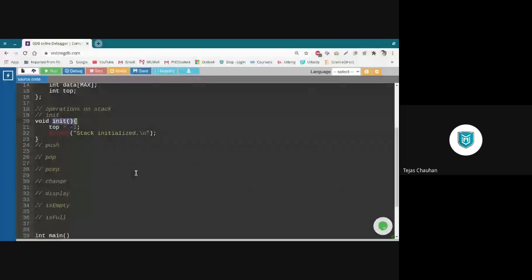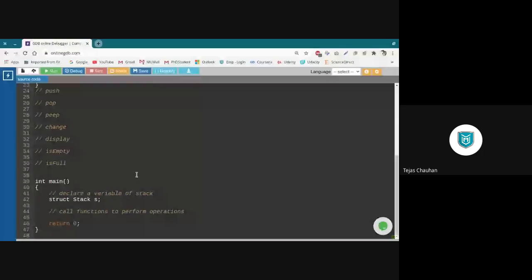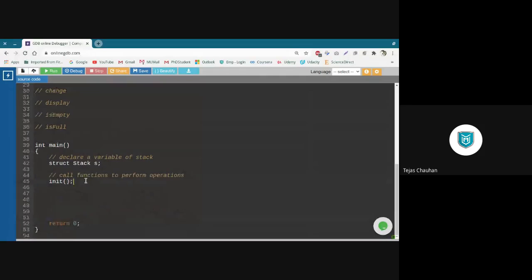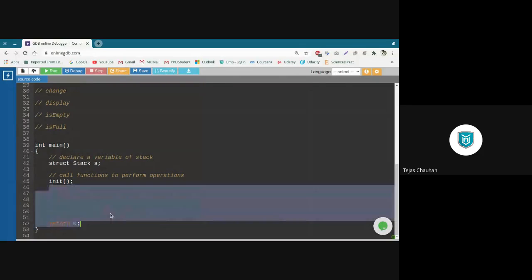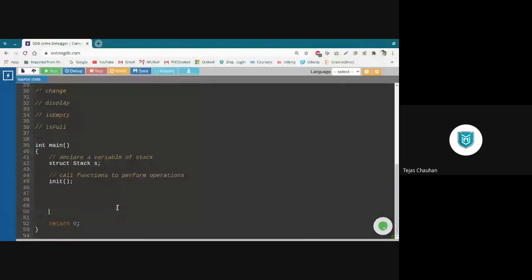So we can call that init function from this place, right? And we can have other functions also. Once we define them, we will call those functions. But now when I call this init function, I need to tell this function which stack I want to initialize, because I might have multiple stacks like S1, S2, S3, and so on.